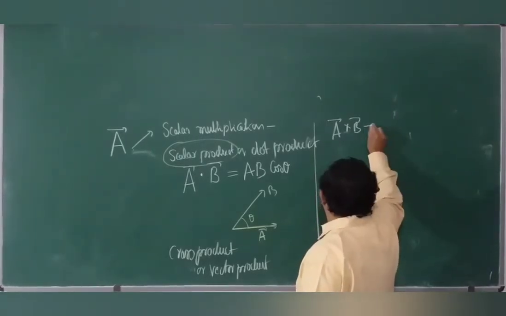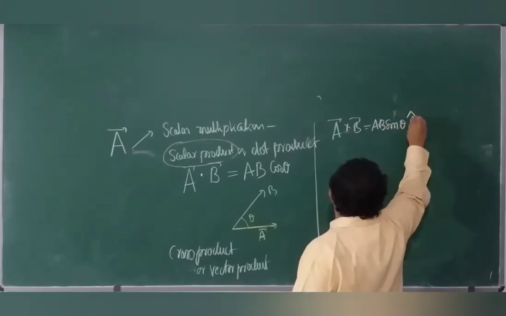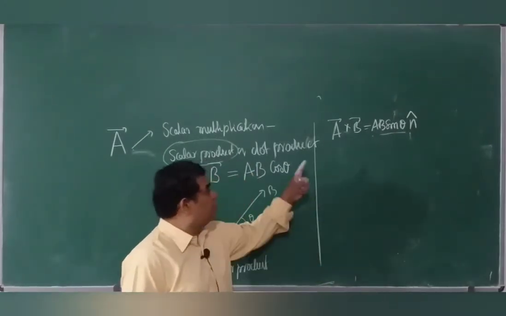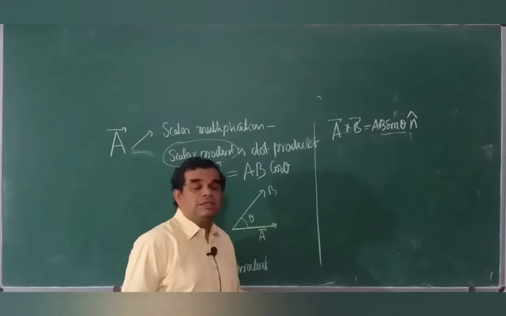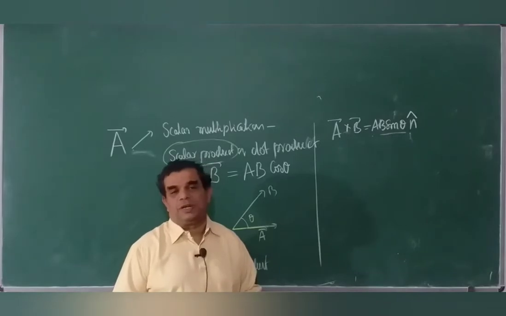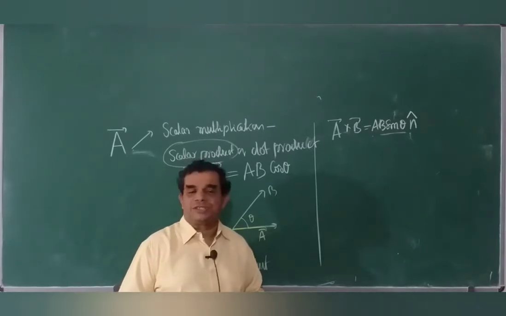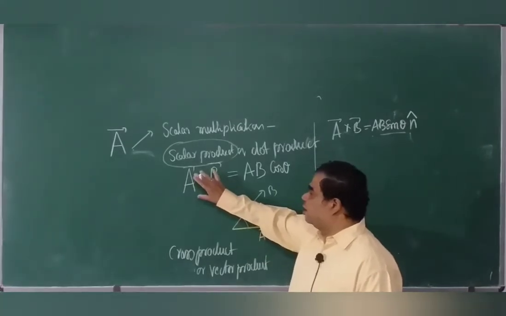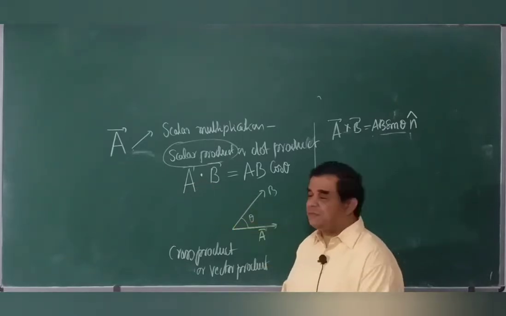I write the definition and we'll discuss all those things in the next session, next chapter. AB sin theta n cap. Say AB sin theta is magnitude of A cross B and n cap is the direction of A cross B. That's why A cross B is a vector and we call it as vector product. We learn about vector product in the 7th chapter, what is called as system of particles, in detail. For the time being, in this chapter, we require to learn scalar product of two vectors and its geometrical significance and how do we use it in physics. So we start with these ideas now.